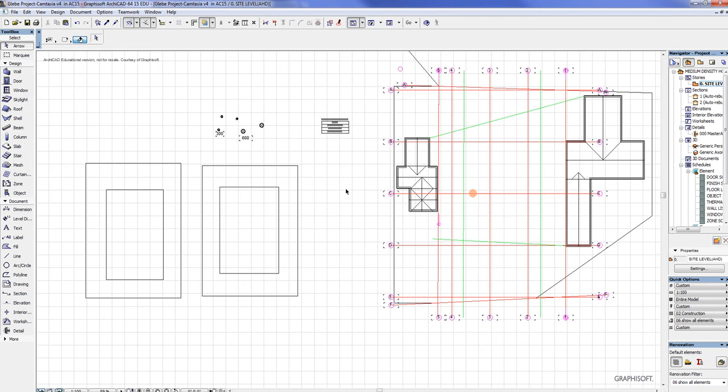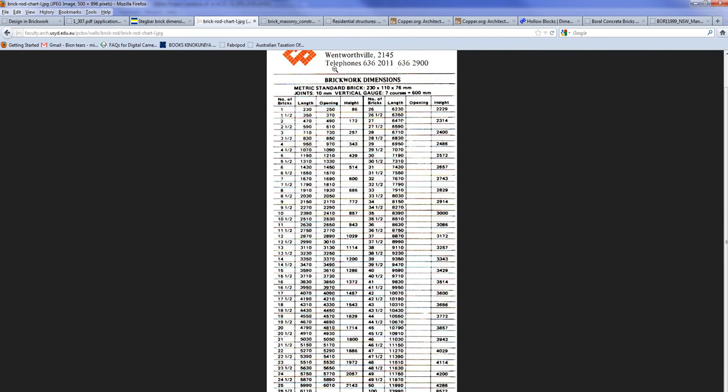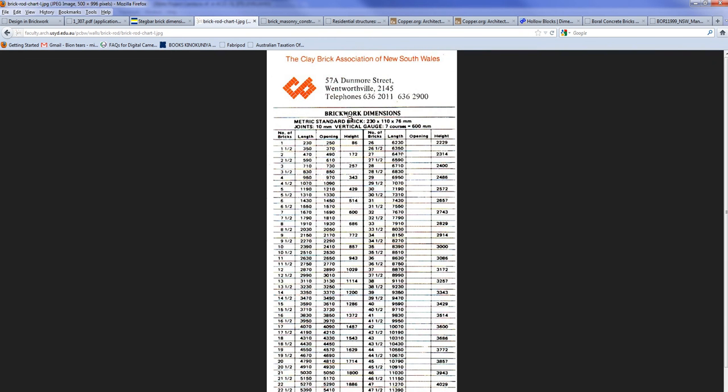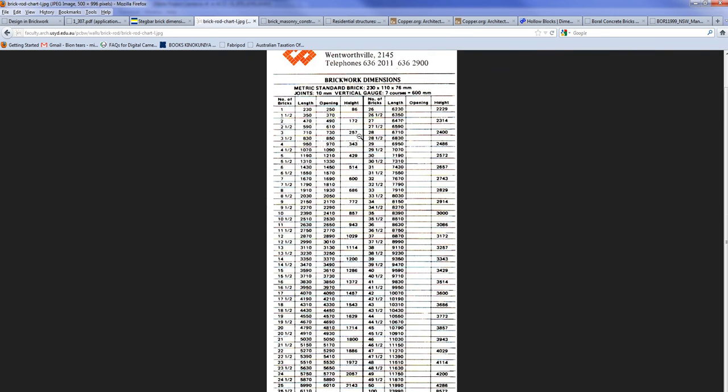be made of cavity brick, it is important to build or to design your building with reference to what's called a brick rod. Now, a brick rod is one of these. So a brick rod is simply, I guess in its most crude form, a running dimension of standard brick heights and